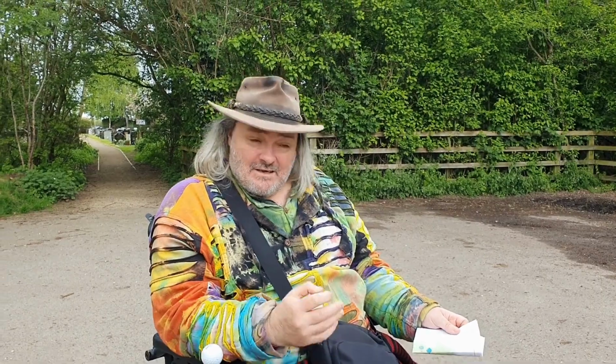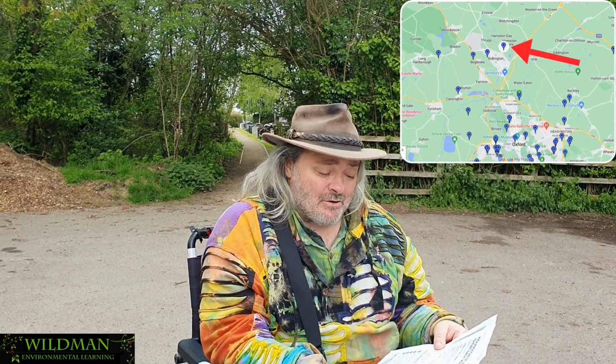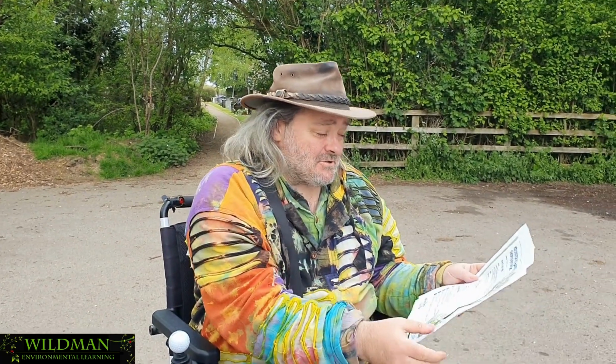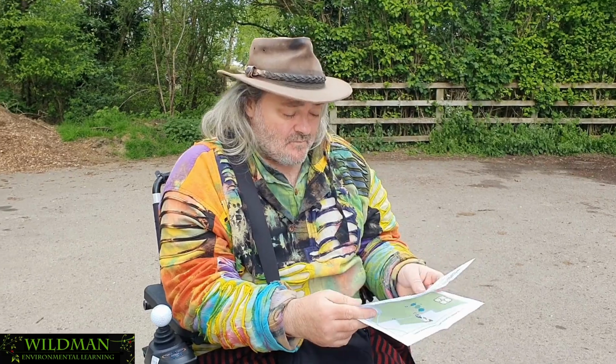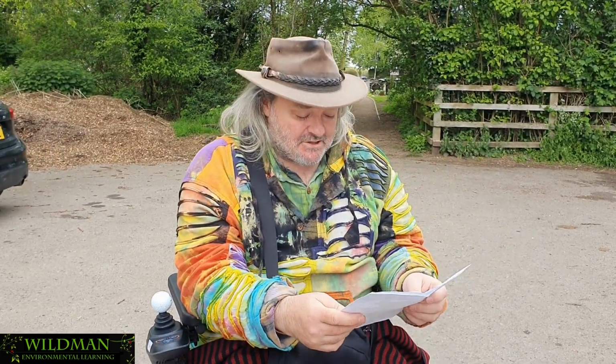So what we want to try and do is not bang anybody over the head with this. You know, what we want to do is make sure these advised accessibility routes are always accessible, and we want a bit more information. We're in Kidlington at St Mary's Fields, and we're going to be challenging the Oxford County Council's accessibility advised walks. And now I have to say, the first bit of the instruction is turn left through the